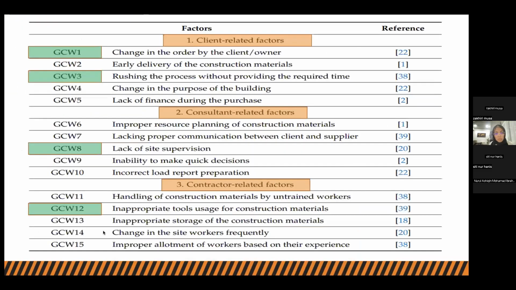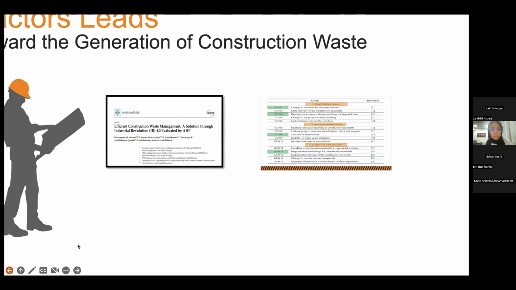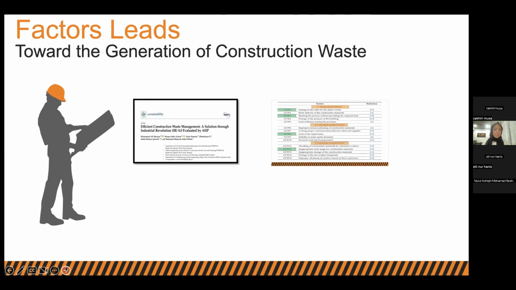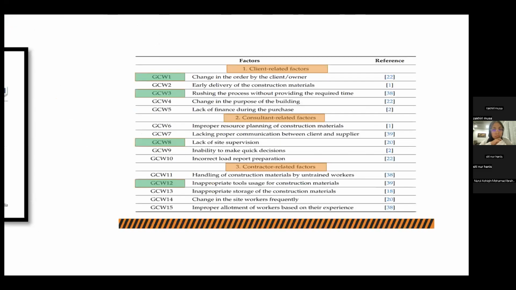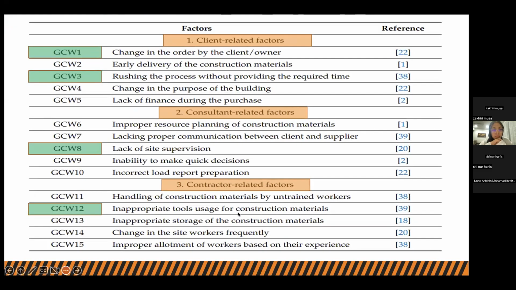From the same study, we can also get the factors that lead towards the generation of the construction waste. The researcher has grouped the possible factors into 3 main categories. The factor number 1 is the client-related factor. The number 2 is the consultant-related factor, and the number 3 is the contractor-related factor, the one that